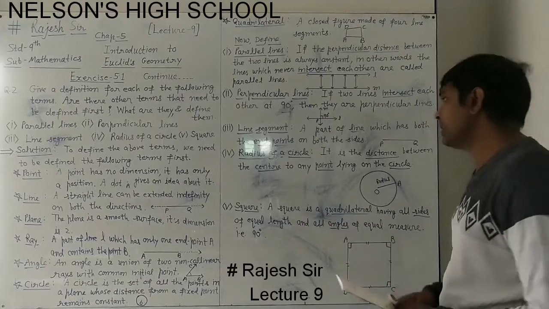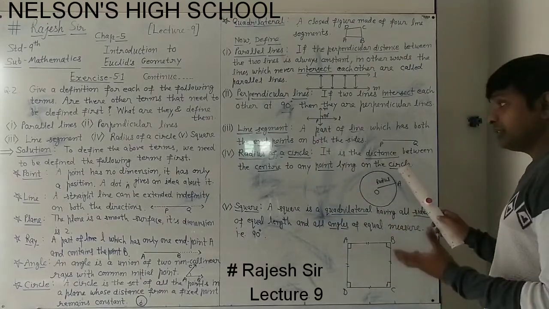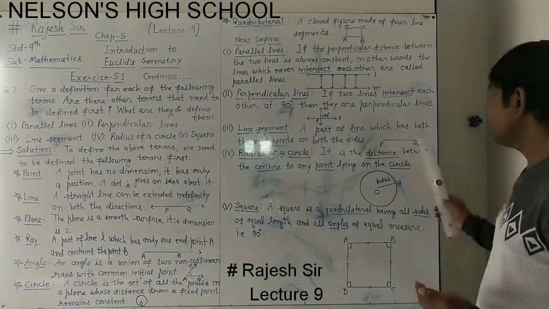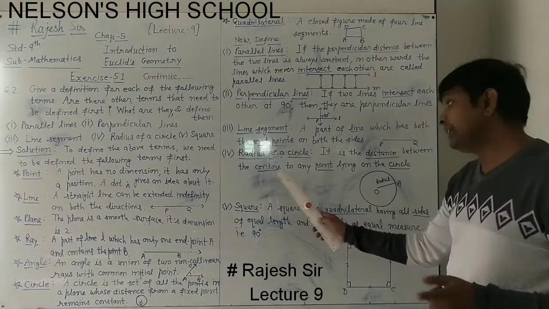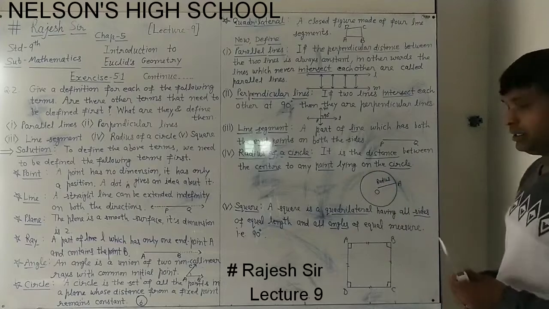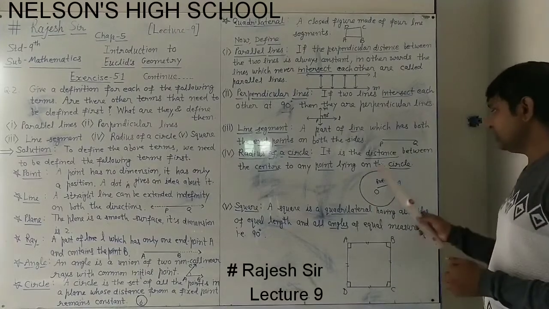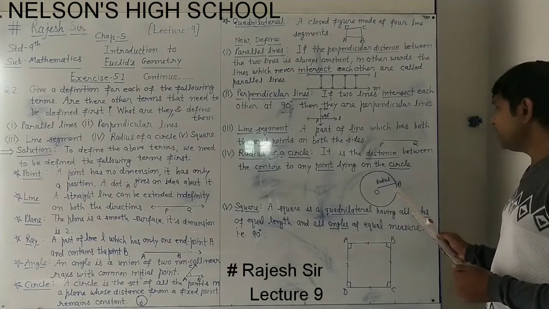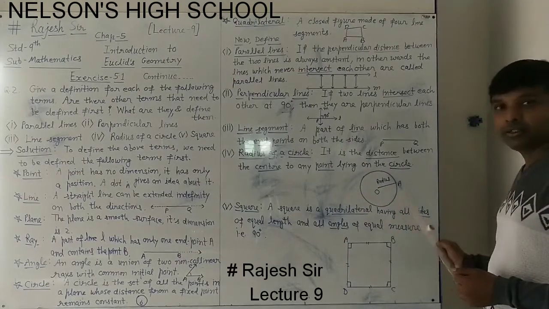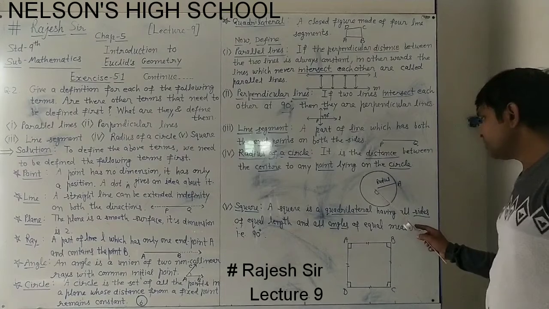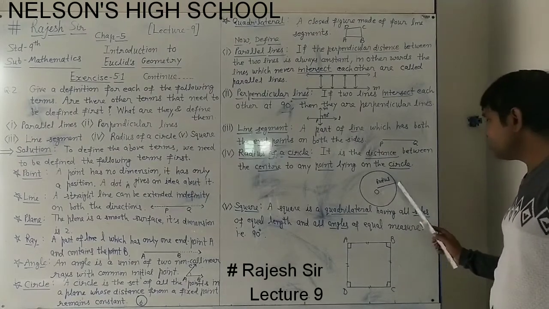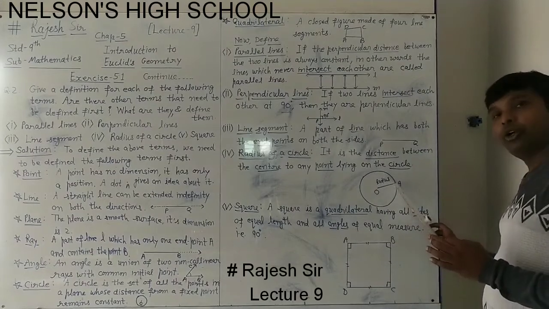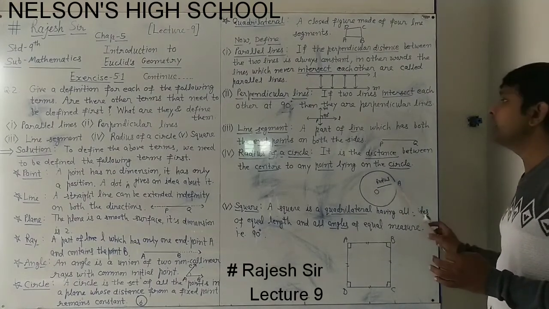Radius of a circle, the next we have fourth. It is the distance. What is the radius of a circle? It is the distance. Which distance is it? It is the distance between the center to any point lying on the circle. Like the circle I have drawn here with the fixed point O, it is called the center, and this point A is any point on the circle. So if I measure the distance from O to A, this distance from O to A is the distance between the center to any point of the circle, then it is called the radius.